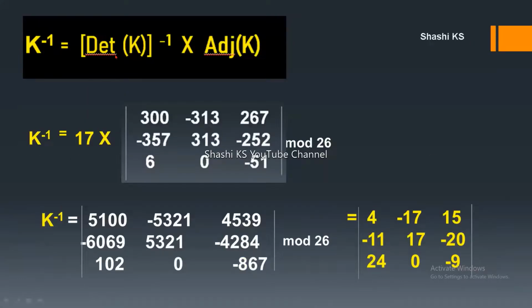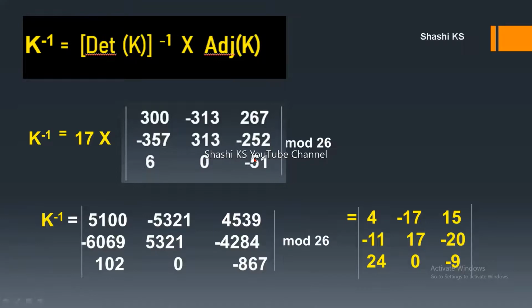So we have now our determinant of K, and we are working towards calculating the value of key inverse. To find the value of key inverse, we found the multiplicative inverse for determinant of K, and we found the adjoint of K. Now we have to multiply these two and do a mod 26, because all our arithmetic operations are performed mod 26 here. So our determinant of K inverse value is 17, and our adjoint of K is this matrix